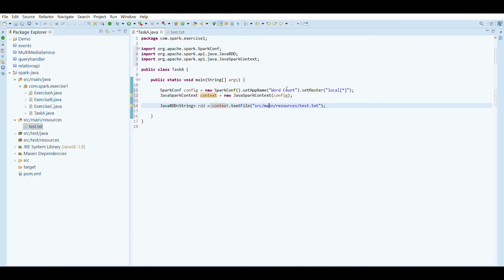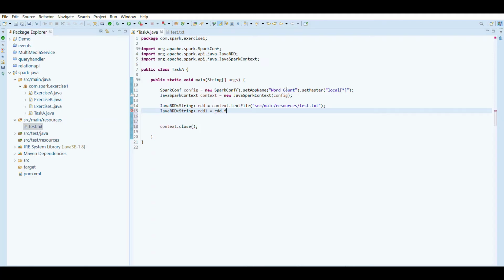And now we have all the lines in this RDD, but I want to split it and create words out of it. Before that, we can close the context, and by doing so, we can have another RDD of string only. So let's name it RDD1. I'm not thinking about the RDD because I just wanted to do the fastest implementation possible for doing those tasks. So now we can have